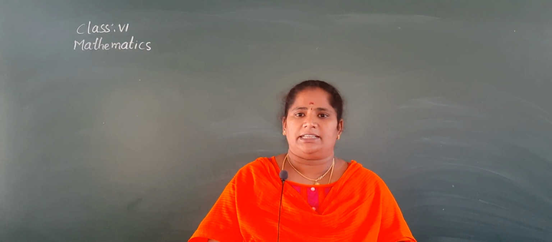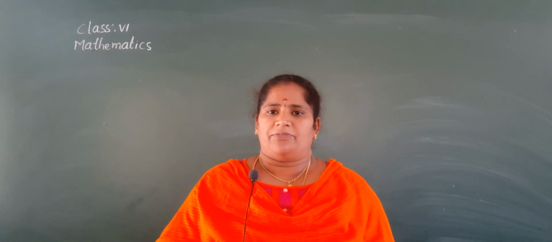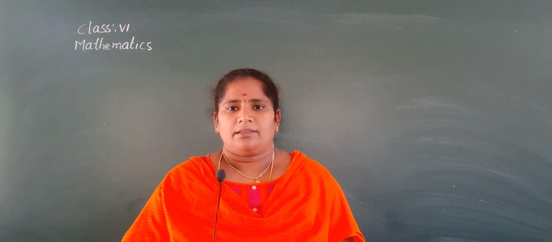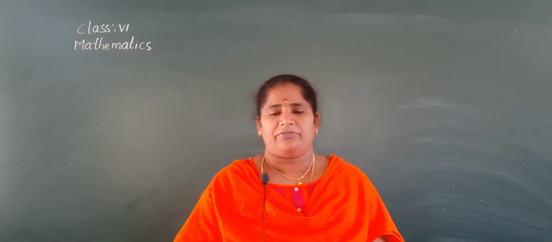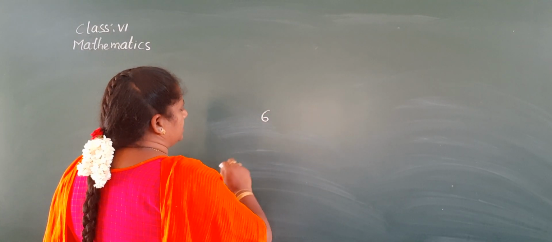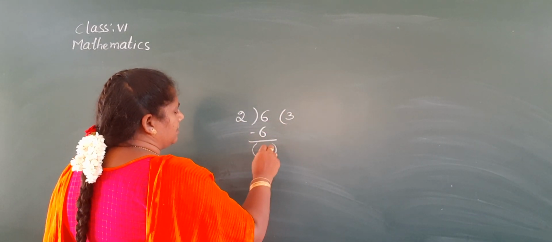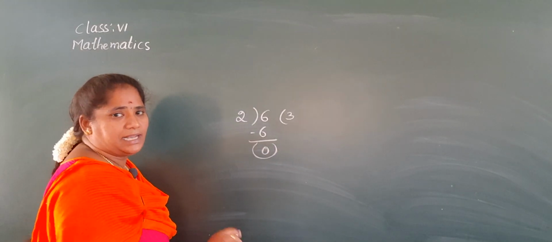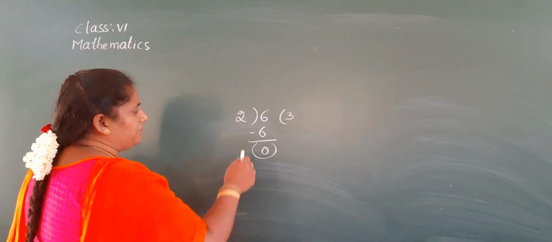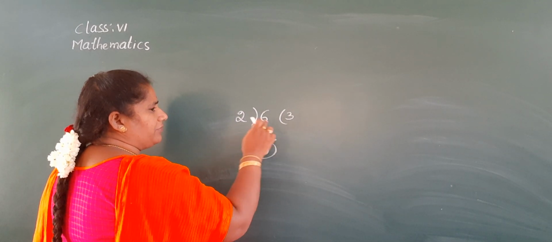So already you have learnt in the previous class, 5th class. Okay, tell me, do you remember it? What is a factor? Yes, a number which divides the given number without leaving a remainder. Okay, let us take 6. 6 is divisible by 2. 2 3s are 6. Without leaving remainder means the remainder equal to 0. So the number which divides the given number without leaving remainder is called the factor of that number.